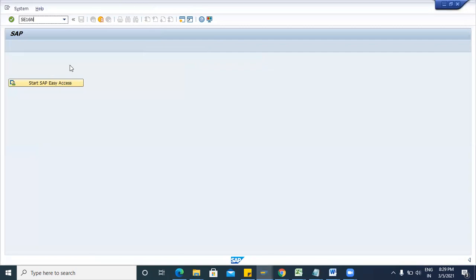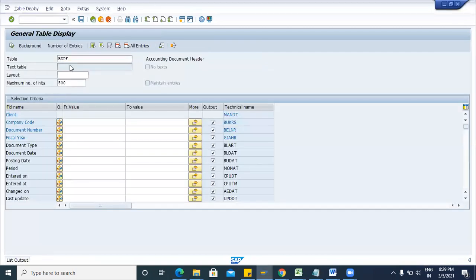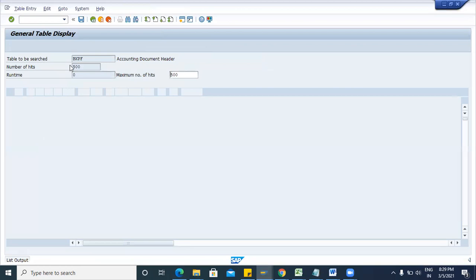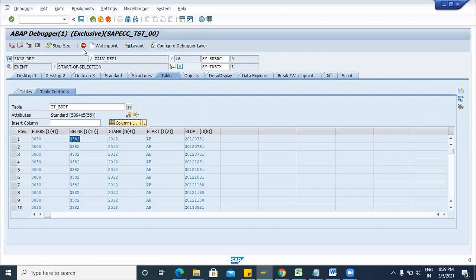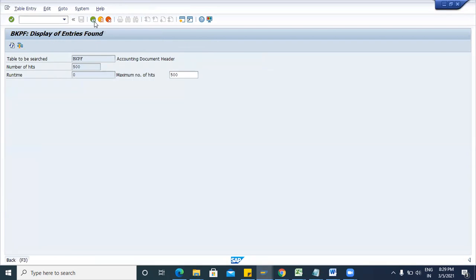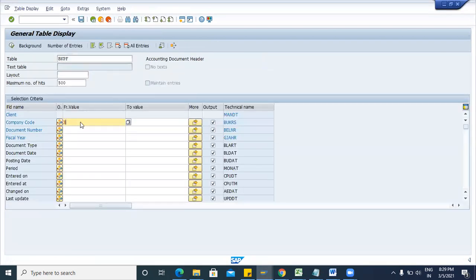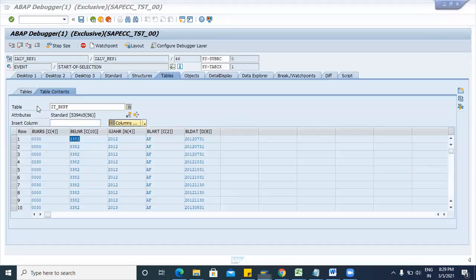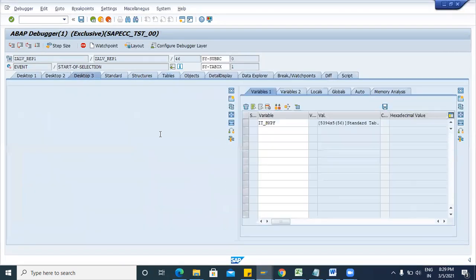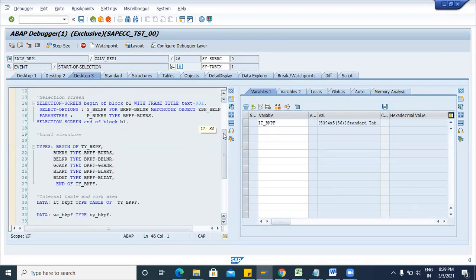Now let me show you the BKPF table, F8. So here the company code is 3382. This is the company code and the document number is this. But we have changed the sequence, so your data is not fetched correctly.